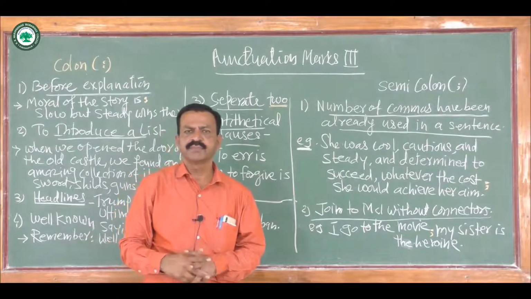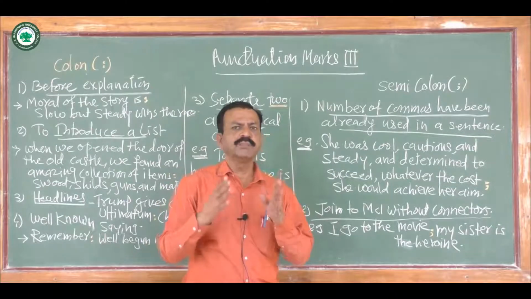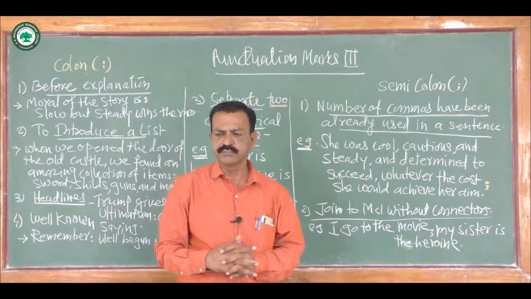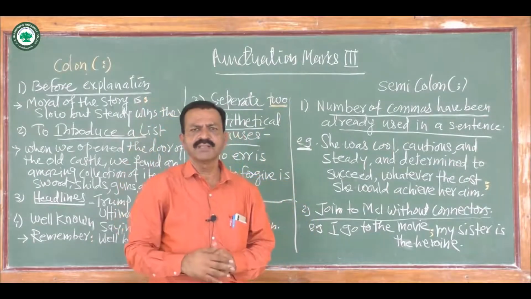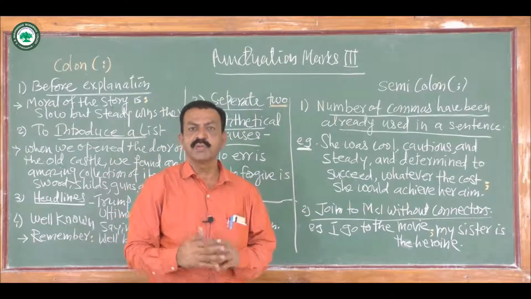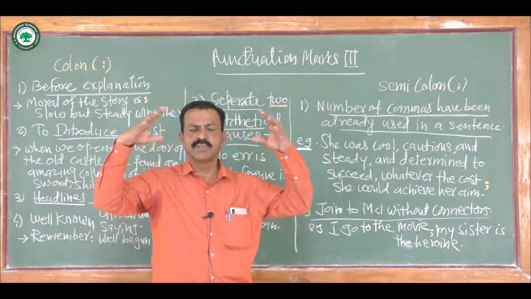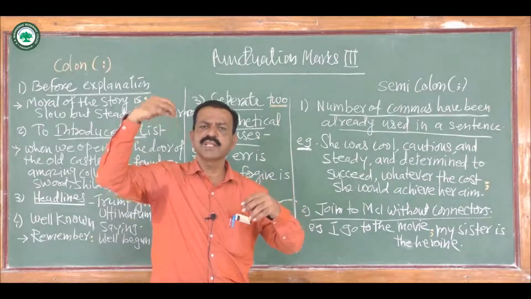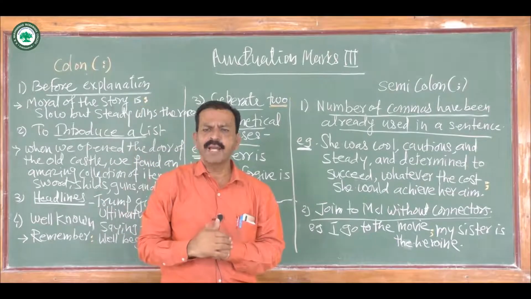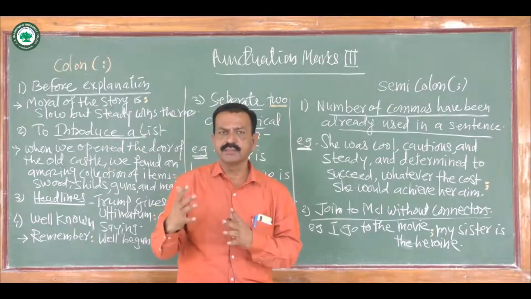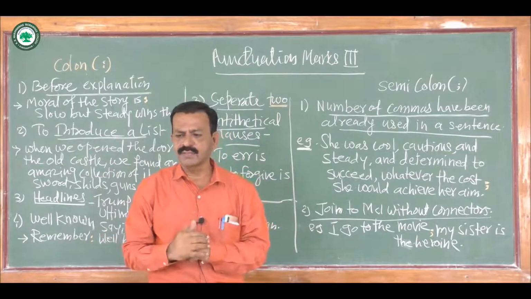For example, the example is given on the blackboard. When we opened the door of the old castle, that is where the rich people or the kings and queens used to live, or some rich people, or we can say people having some social status, these people were living in the palaces or castles. A castle is smaller compared with a palace.